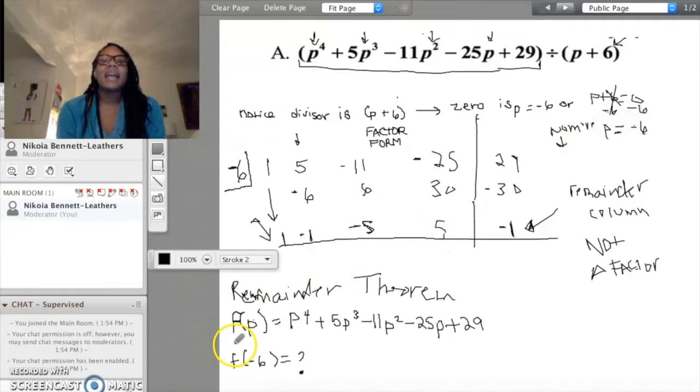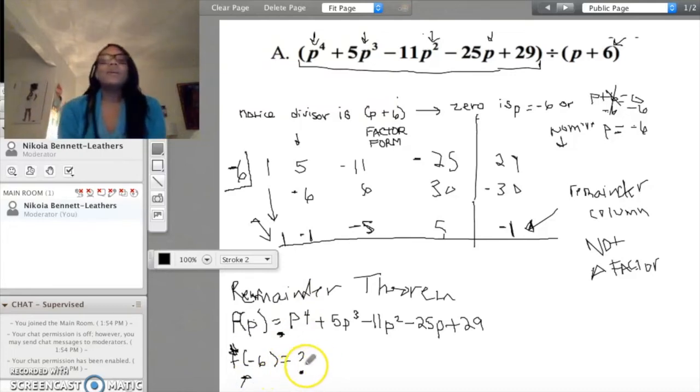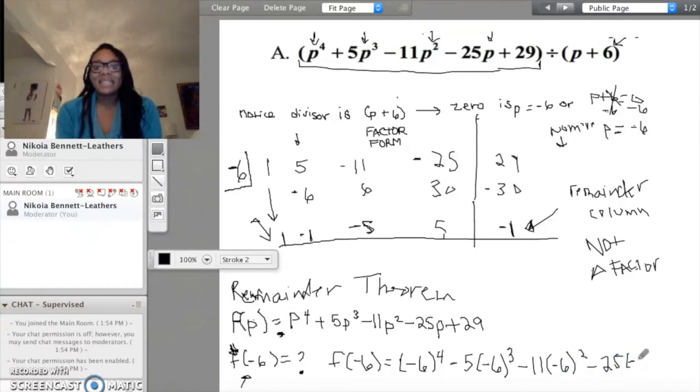right? So let's find f of whatever our 0 is, which was negative 6. What does that equal? Again, I'm setting that function equal to my dividend, and I'm finding f of the 0 of my divisor. So what ends up happening when you plug in negative 6 into the function? F of negative 6 would be negative 6 raised to the fourth power minus 5 times negative 6 raised to the third power minus 11 times negative 6 squared minus 25 times negative 6